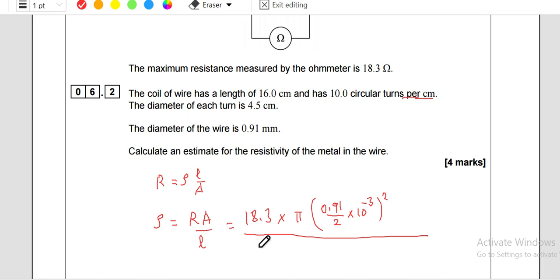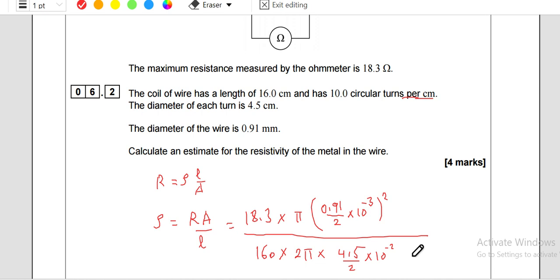Okay, so we have 160 total turns times the circumference of each turn, 2πr. I'll convert to meters. Certainly all should be converted to SI because we have this in ohm. Anyway,